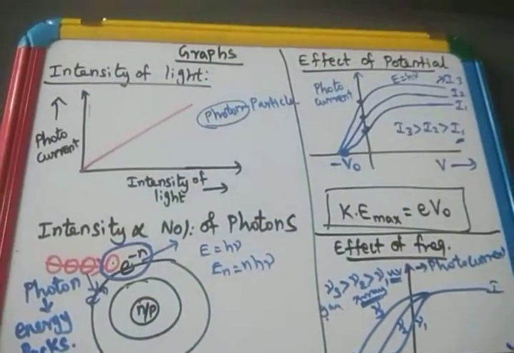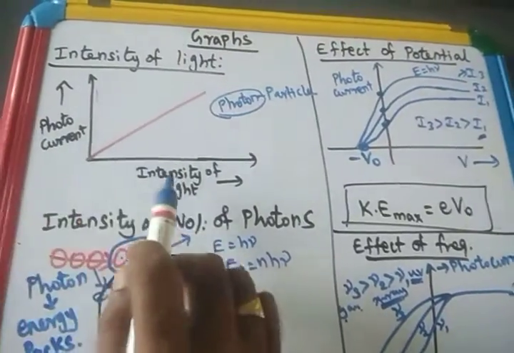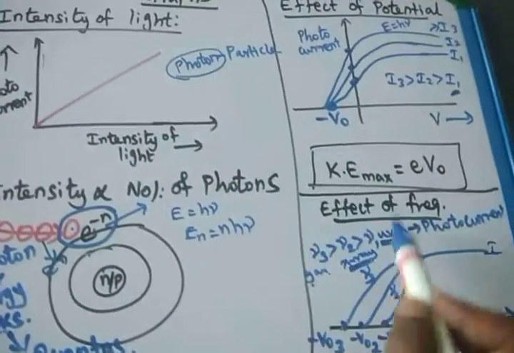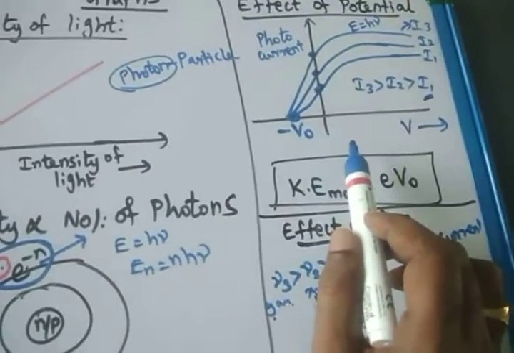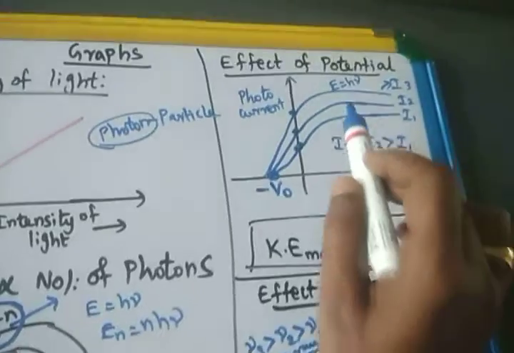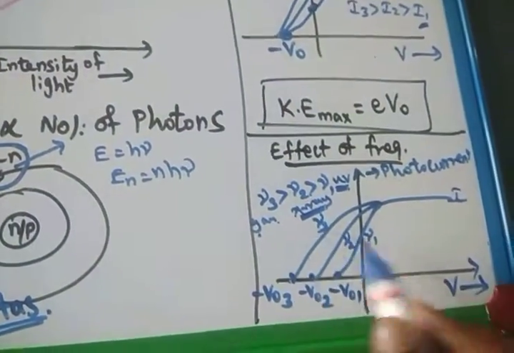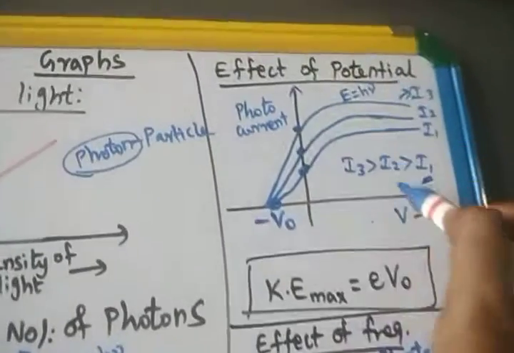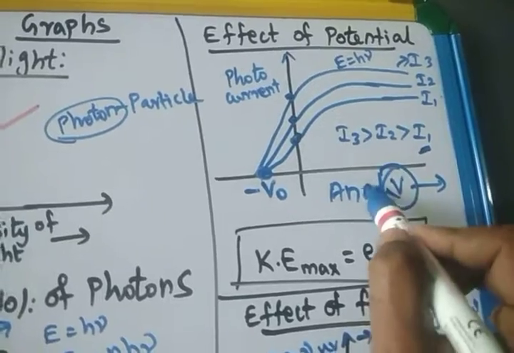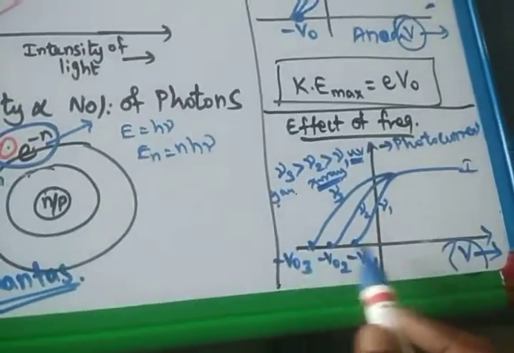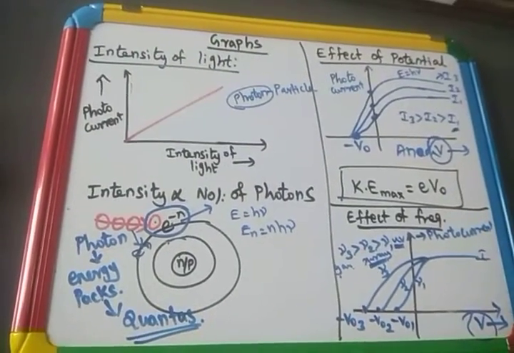So these are the different graphs drawn, all plotted with photocurrent on the Y-axis. On the x-axis we have the incident intensity of the light and the anode potential. Here it is the frequency. So the frequency changes, but the x-axis is potential alone. Anode potential means positive potential, cathode potential means reverse potential. Only in the reverse potential have we studied the stopping potential concept.